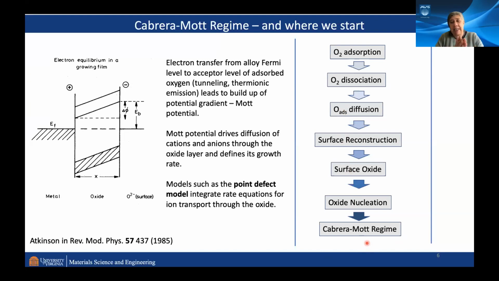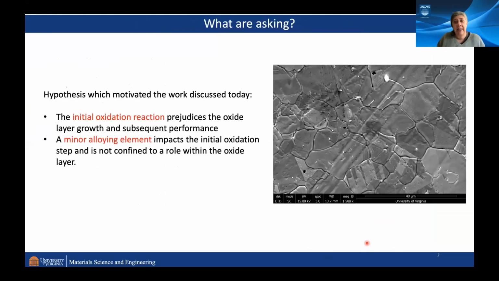So we want to link between the clean alloy surface to the traditional growth regimes described by Cabrera-Mott regime kinetics. We also want to understand how that initial step, what happens early on in the process, actually influences whatever happens in the next steps of the oxidation. And trust me, that's a really, really difficult problem. So we hope we'll have work to motivate us for another decade.